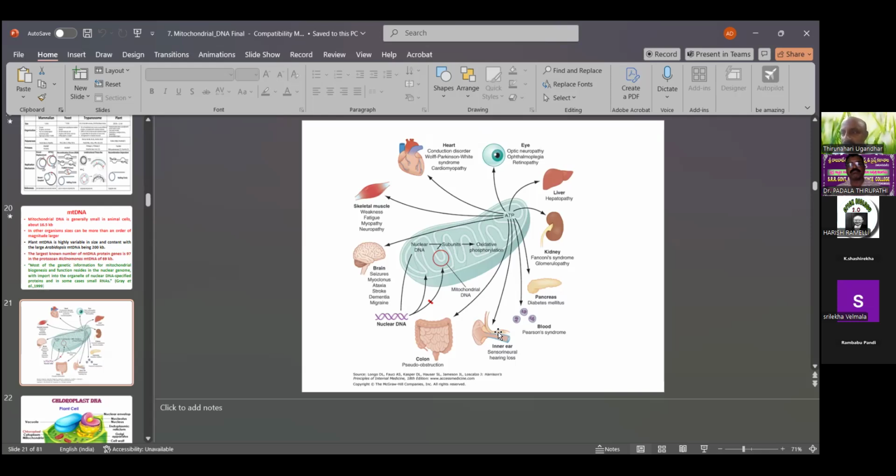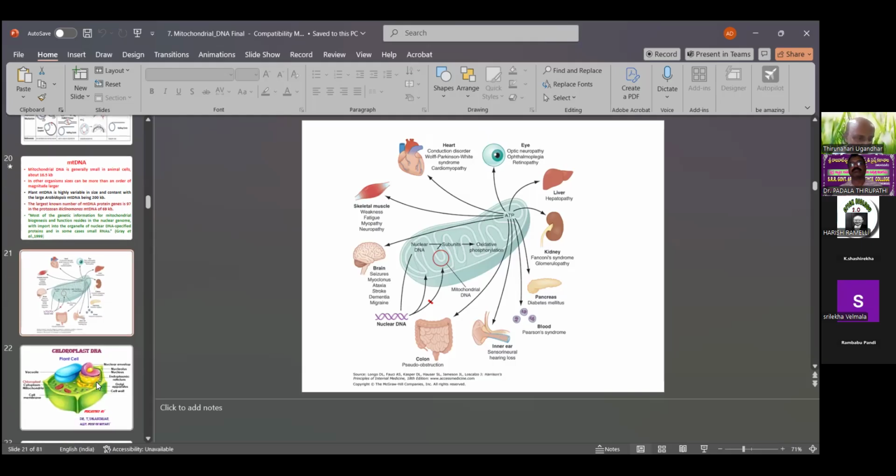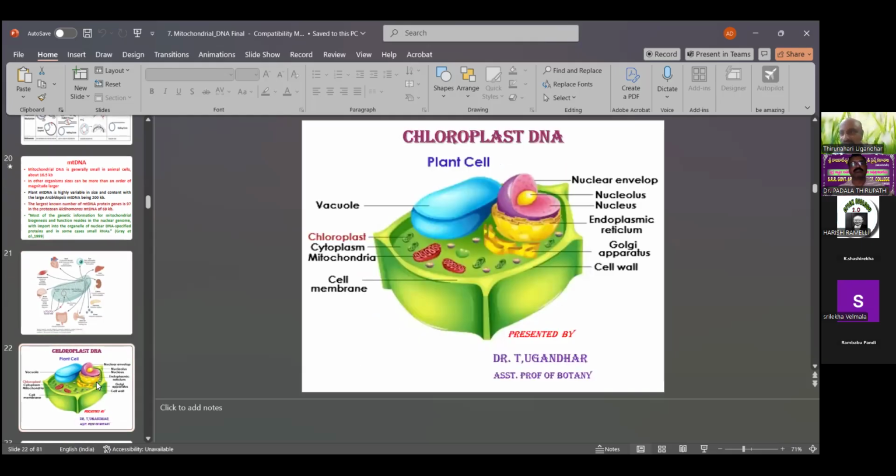Now chloroplast DNA. Both mitochondria and chloroplast are called separate DNA molecules, which you study in degree courses. This is mitochondria, but chloroplast. So what are the